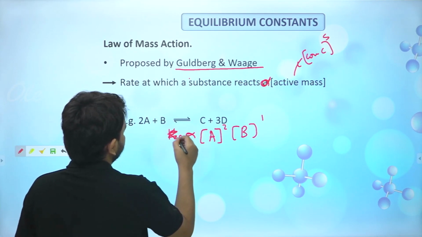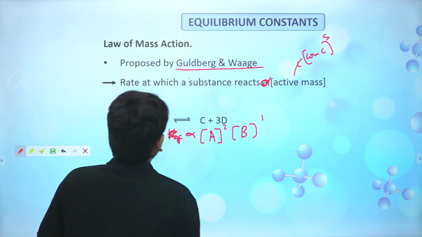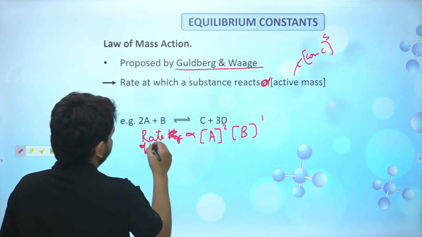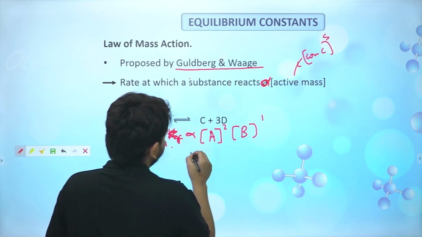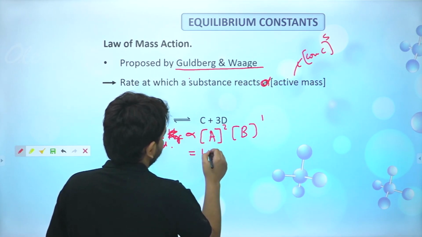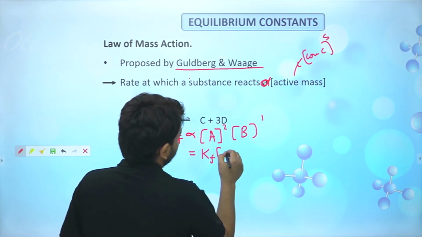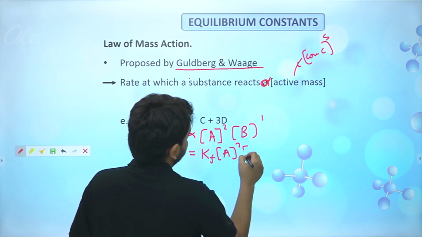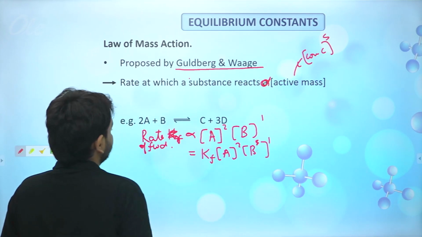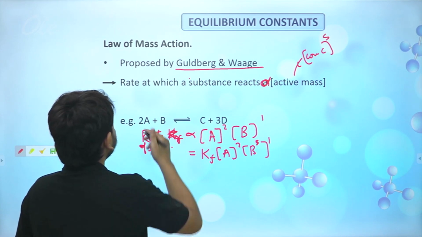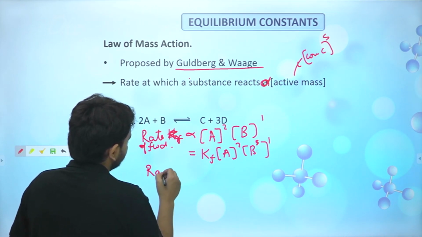So if you remove this, this is not Kf, this is the rate of the forward reaction. If you remove this proportionality sign, you will get a constant. That proportionality constant will be Kf. Kf, A raised to the power 2 into B raised to the power 1 will become the rate. And the rate of the backward reaction, guys,